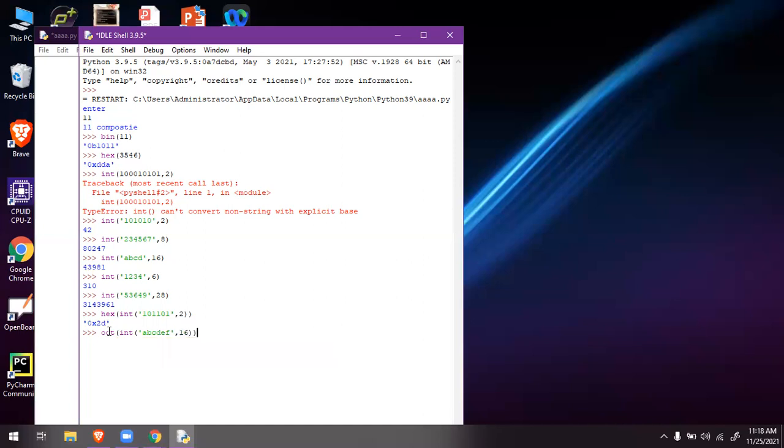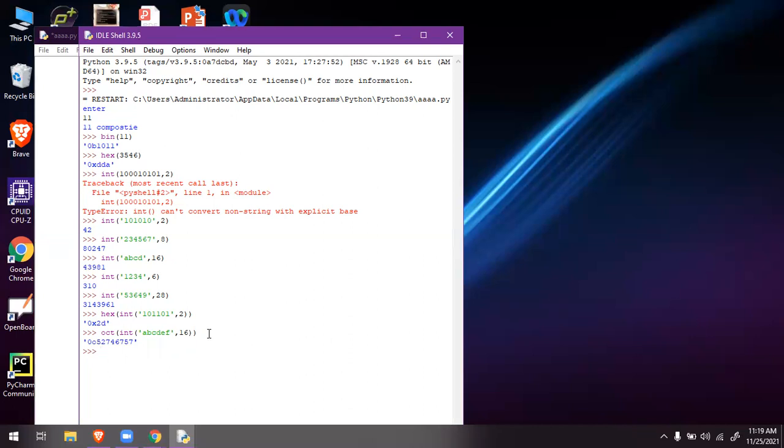ABCDEF is a hexadecimal number, directly translated into decimal, and after that it is translated into an octal number. So we got the octal number here.